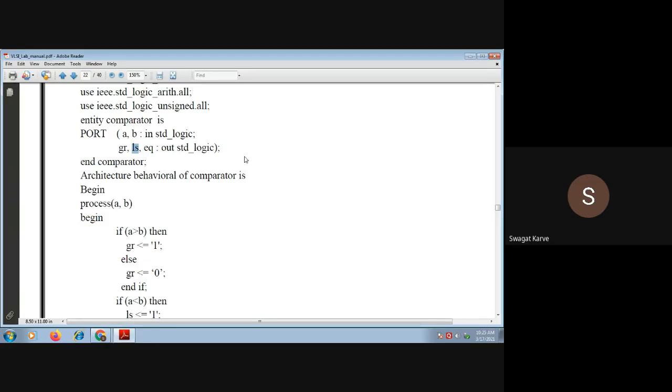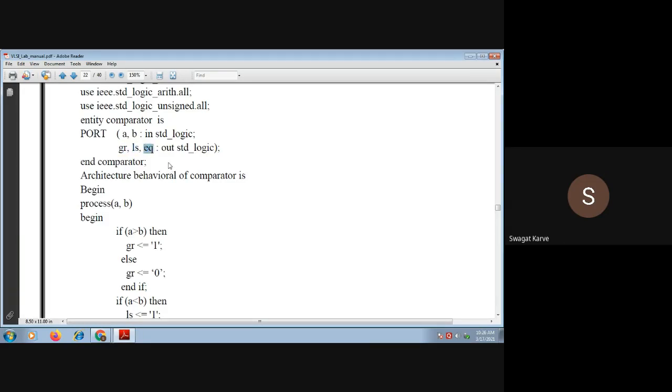See, the input names, the entity name, and the architecture name are all user defined. You have the liberty to use any keyword and to give any name; that is up to you. For the sake of understanding, I have used these notations: gr for greater, ls for less, eq for equal.